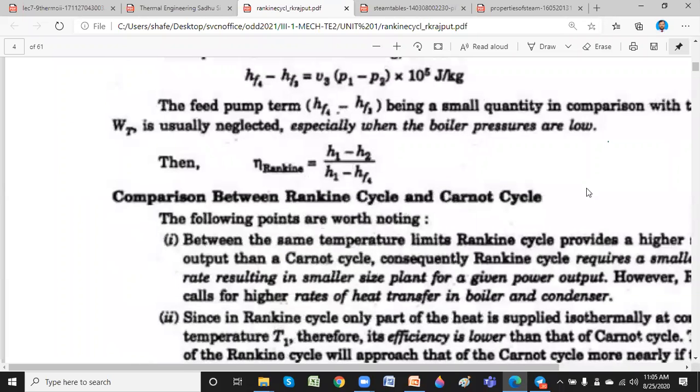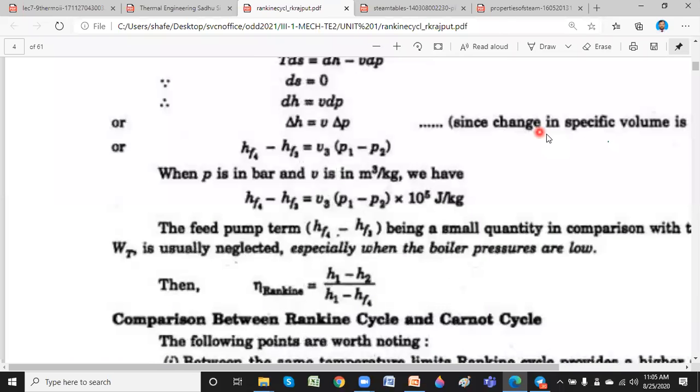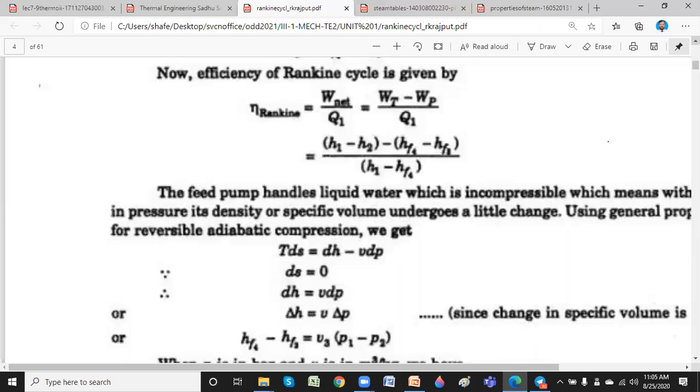Now, what exactly did we learn in this particular class? We have seen how to find the properties of steam, as well as how to find the volume, enthalpy, and entropy of superheated steam. And finally, we discussed the simple or ideal Rankine cycle and its four processes: the expansion, that is the turbine work, condensation, pump work, as well as the heat supplied in the boiler, and finally the Rankine efficiency. So we'll see a problem maybe in the coming lectures. Okay, thank you.